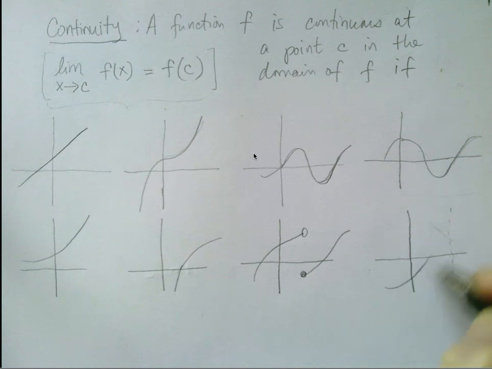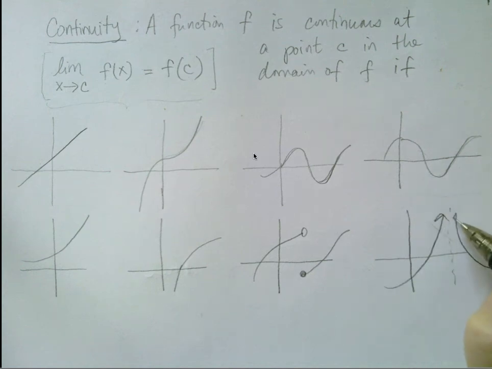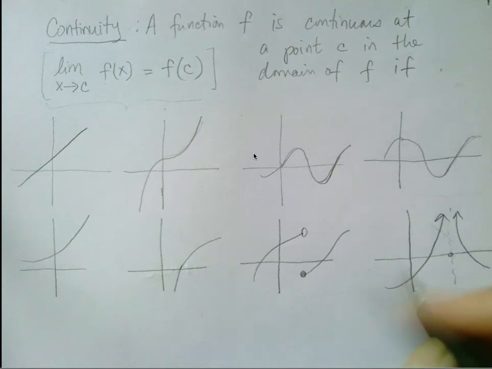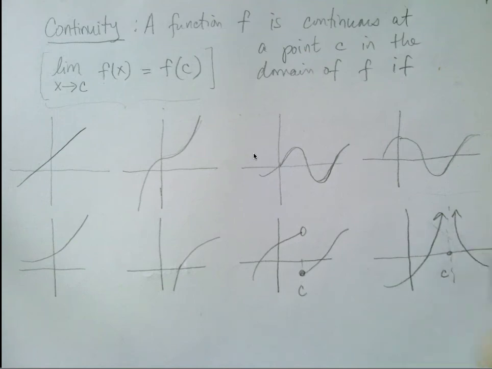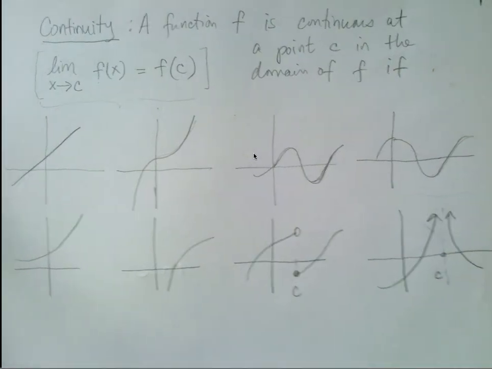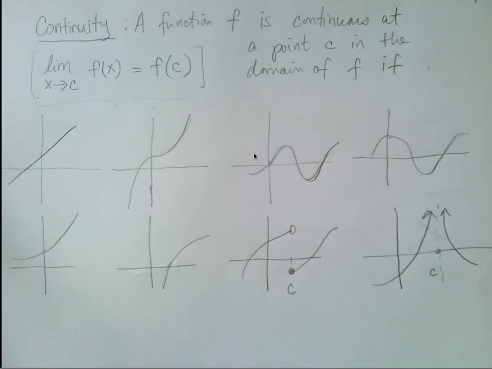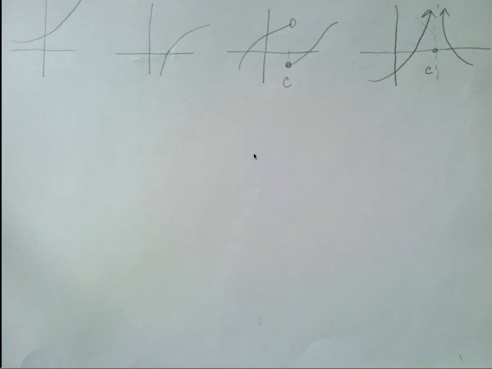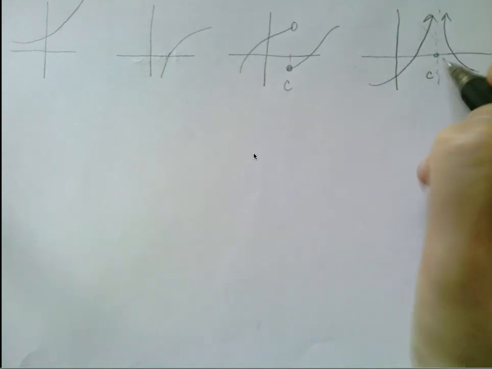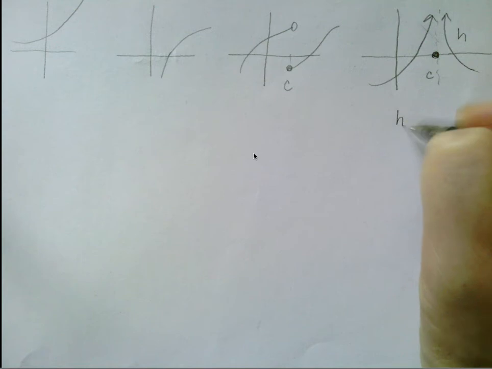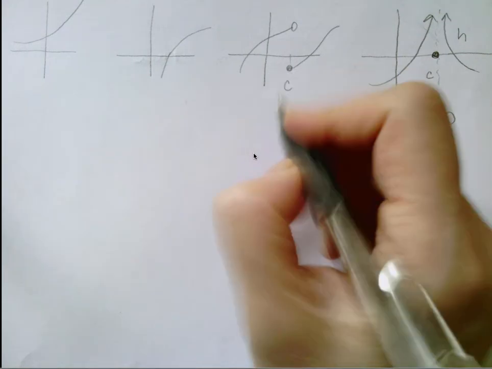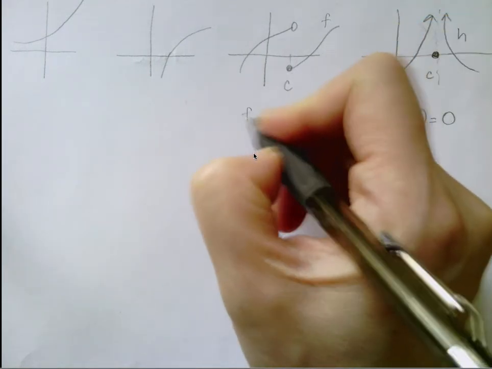Here's another example of a function that's not continuous at this point. Okay, so here's the point where this function is not continuous. This is the point where this function is not continuous. So let's explore these two functions which aren't continuous at C. And I'm going to define the value of the function, let's call this h at the point C, to be 0. And here, let's call this f at C